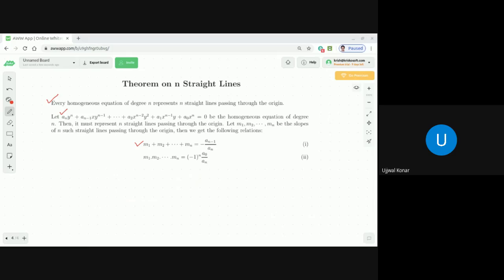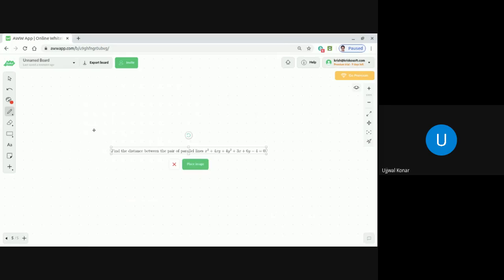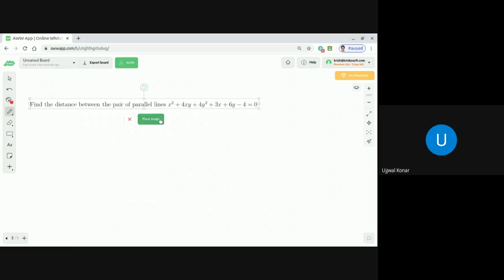So we are done with today's topic, dear students. But before I conclude, I just want to give you two questions that you need to solve, and do let me know before we start our next class tomorrow. The first question is something like this: find the distance between the pair of straight lines. That is the first question, dear students. I'll appreciate it if you submit it before our next class. And the second one is that